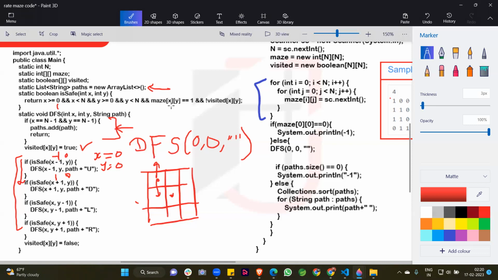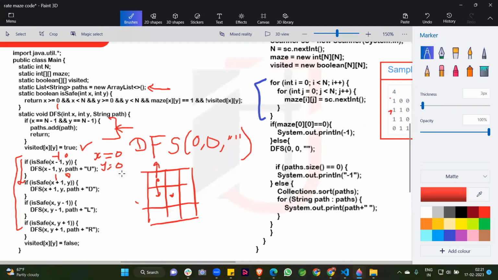And then maze x and y. What is maze x and y? The x value is 1 and y is 0, so you can see here maze 1 1. We are checking this condition: maze x and y is equal to 1. Yes, this is 1 because there is no obstacle here. After that, the last condition, visited x y. We use the negation sign, so this position is not visited till now. So this whole condition returns true because this is the safe condition. We are returning the true value from here.